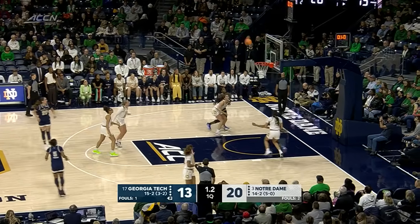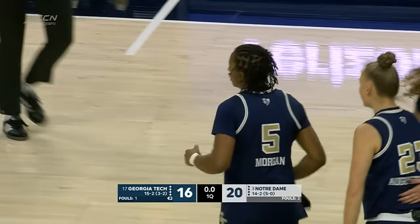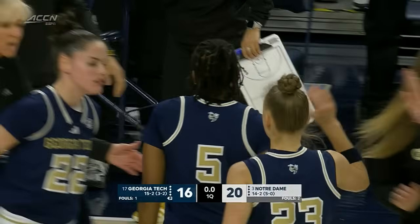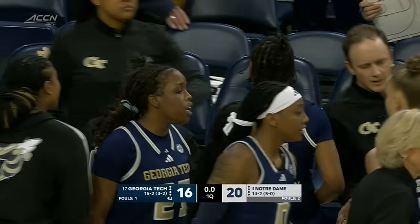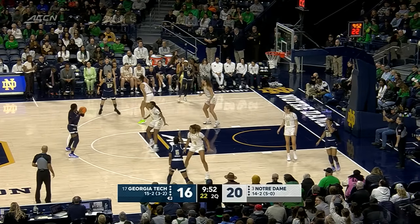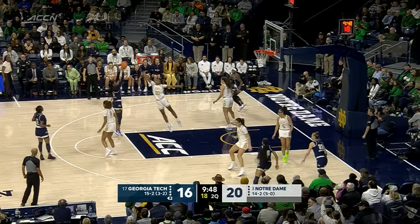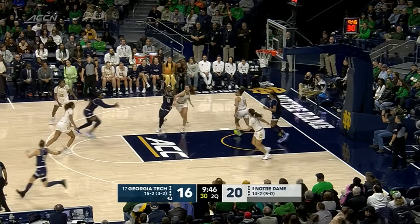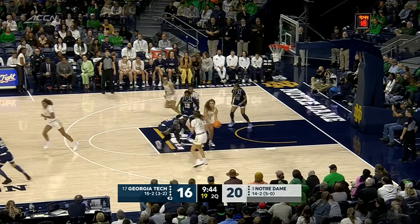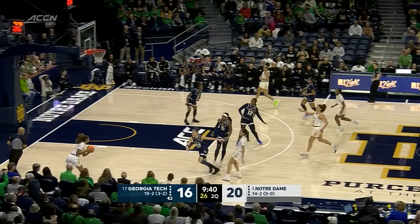Morgan, good look at the 3, and it went in right before the buzzer, and she had Prosper right up in her grill. She sure did. Prosper maybe even got her fingertips on that ball. And you expect them to bring the points every single night. Notre Dame with the poison, as Coach Ivey likes to say, pick it. Lots of different scores for this squad. They've led by as many as 9 in the first quarter. Now up by 4. Pam Ward joining you from